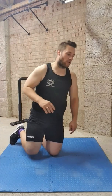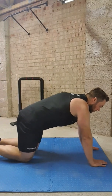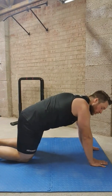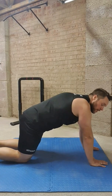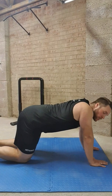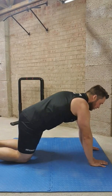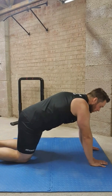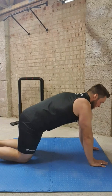So the other day, I can't really do that one the same, but we're going to do what I call a shoulder blade push-up. So I'm just going to do it on my knees because it's good for the video this way. So rather than bending, arching the spine this time, we're going to look at letting the shoulder blades go in a push-up and then coming all the way up. So I'm letting them go, shoulder blades pull back, pulling up